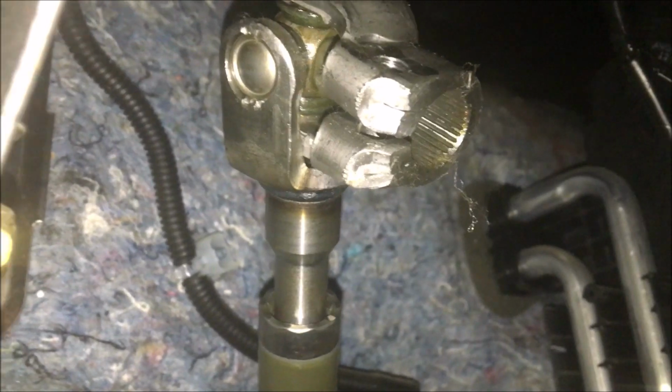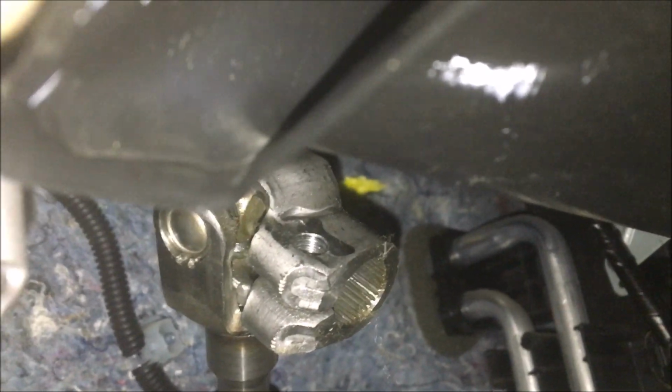Well, I got it out, but damn it, I turned the steering wheel and then I forgot to put the bungee cord back on, so the steering wheel moved a bit. Hope I didn't damage anything. I guess we'll find out. So for now,